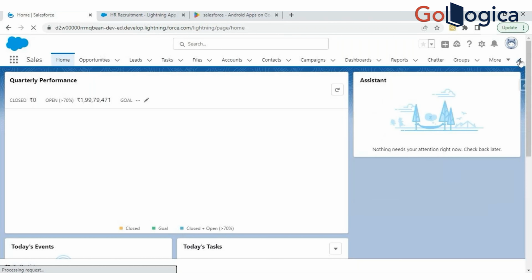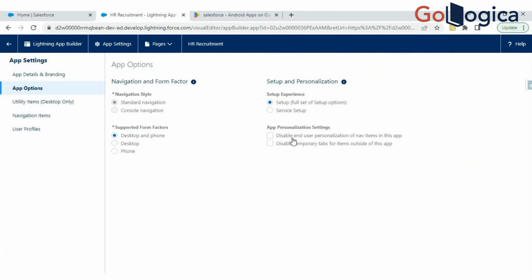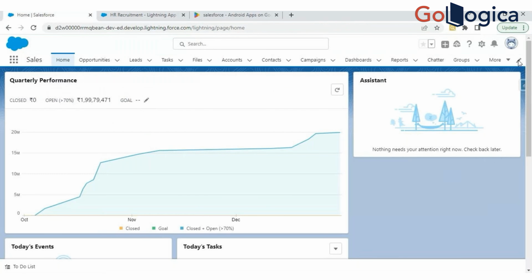Here it is. There's a small icon. Basically, this is "Personalize your navigation bar." They are talking about this: "Disable end user personalization of navigation item." What is this personalize your navigation bar? Yesterday, or in a previous session, one of you asked me, is it possible to use the same